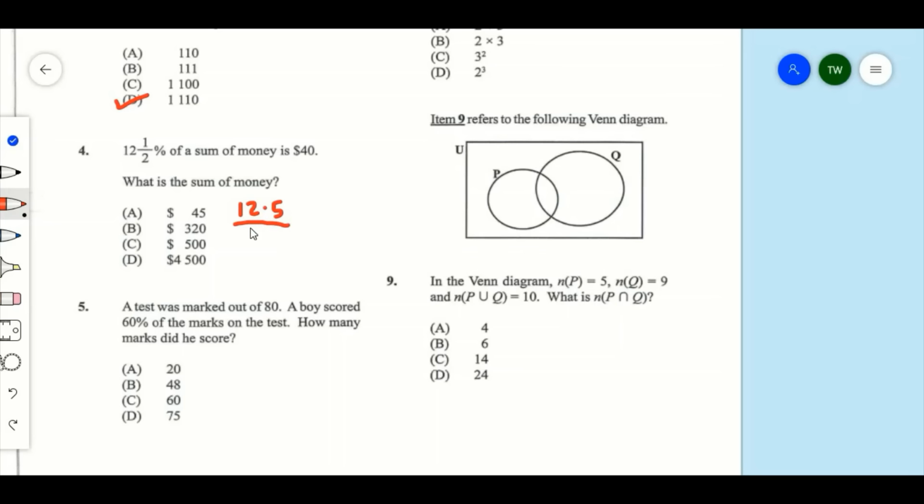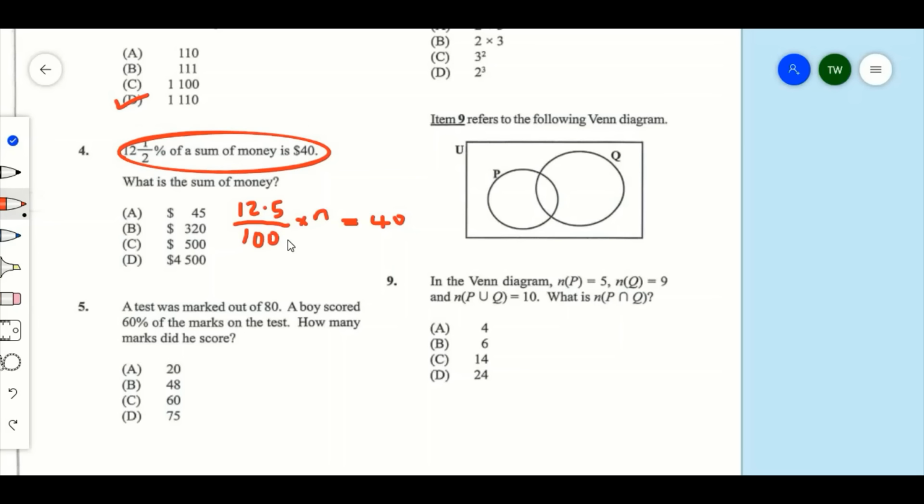So it's going to be 12.5 over 100 times some money, and that money is N, and that must result in $40, right? So that's what this statement here is saying